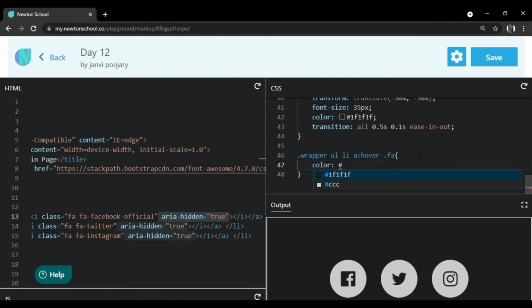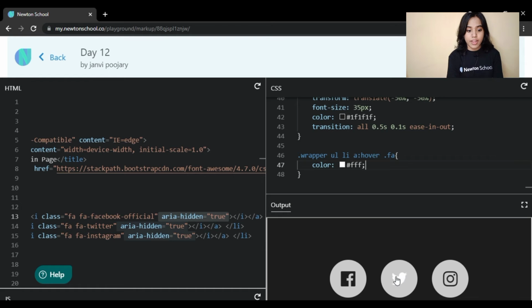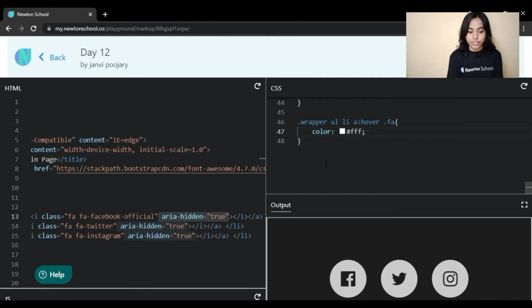Then we will target the anchor tags, and we will say whenever somebody hovers on it, the color of that particular icon should change and it should turn white. And then we have to bring that glowy effect, like the glowy ones which we saw earlier.